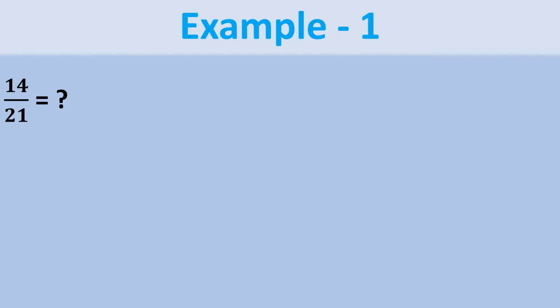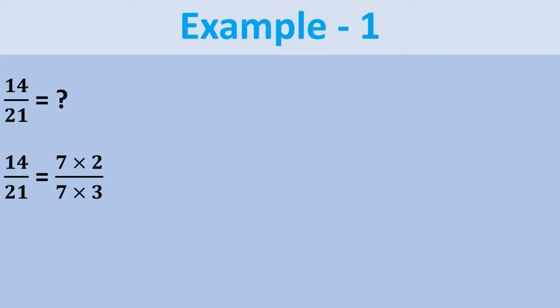We know that 14 is the numerator and 21 is the denominator. In order to convert it into its lowest term, first we have to find a number whose multiple is 14 or 21. In simple ways, find the common factor for 14 and 21. Here we know 14 is equal to 7 times 2 and 21 is equal to 7 times 3. So we write 14 as 2 multiplied by 7 and 21 as 3 multiplied by 7.